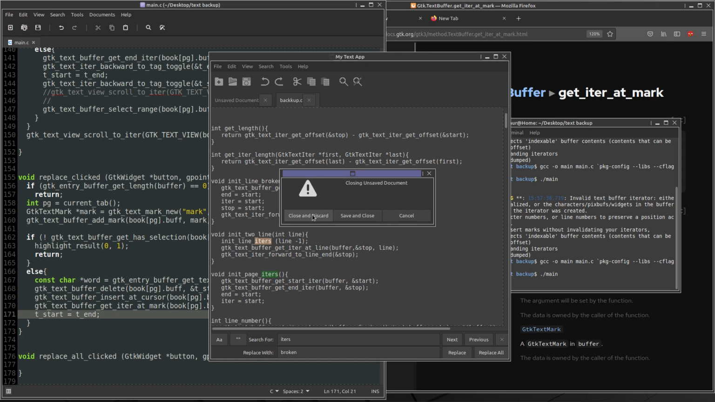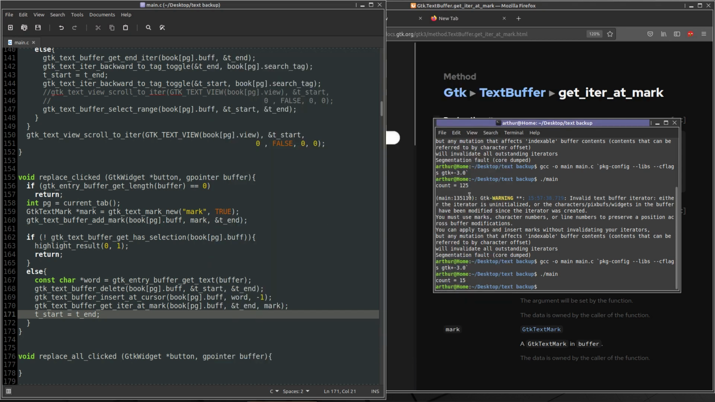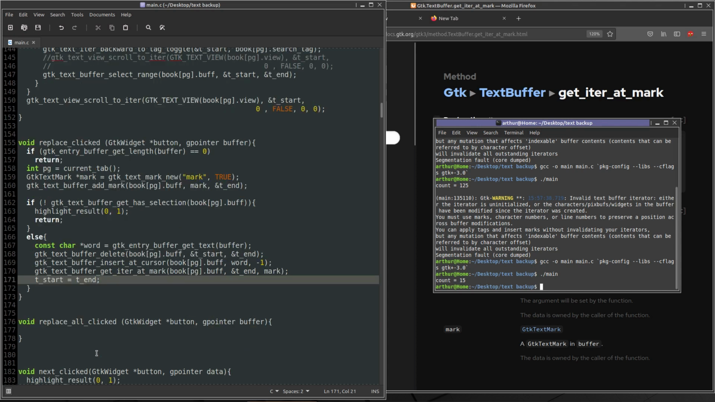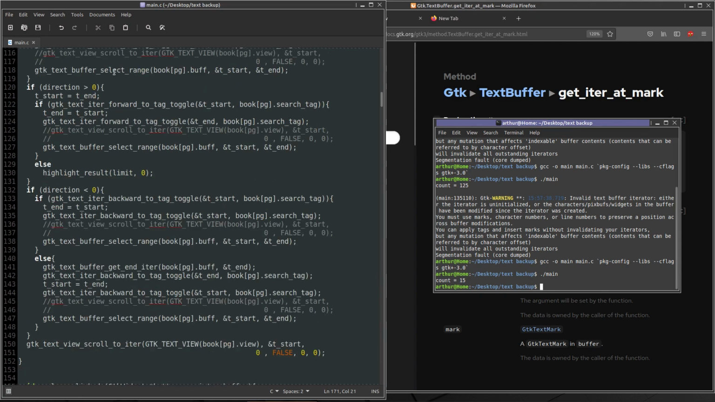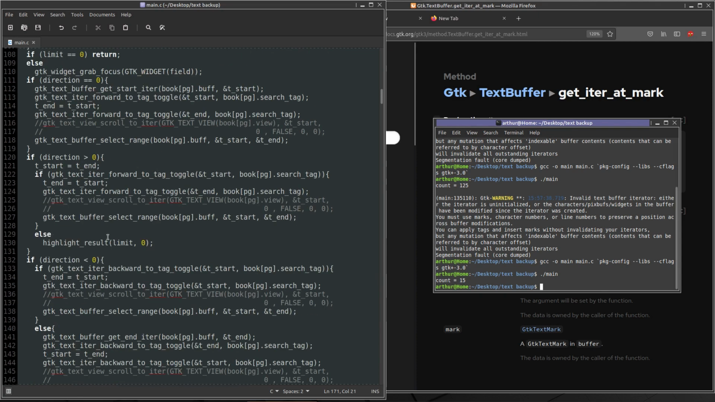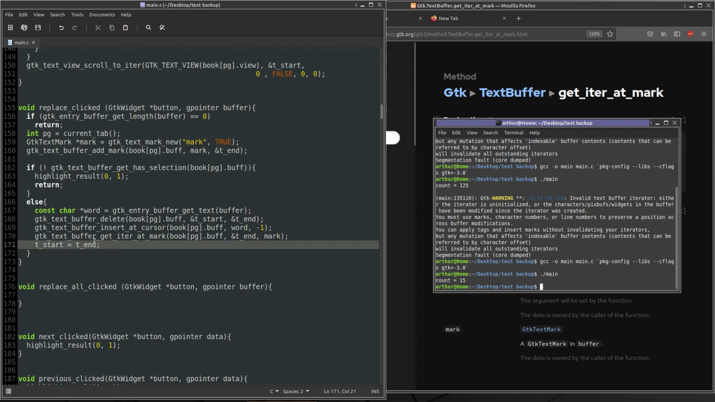So that seems to fix the issue. We're not segfaulting now, and we're putting a mark where we need it. So in the next video, we'll look at how to do the replace all. And yeah, I experimented with doing that using the highlight function, and that turned out to be very, very slow compared to what we can do. We can do it faster than that. So we'll get to that in the next